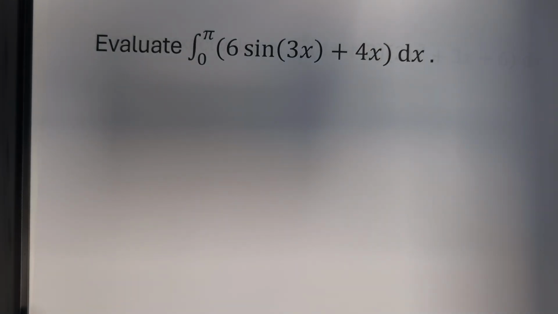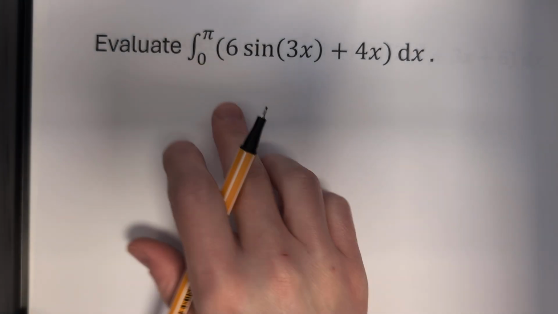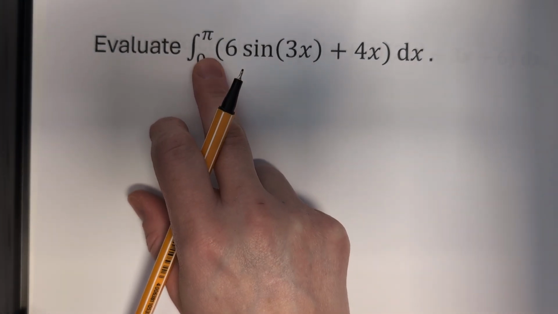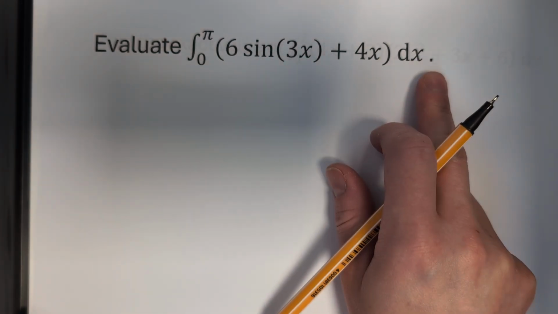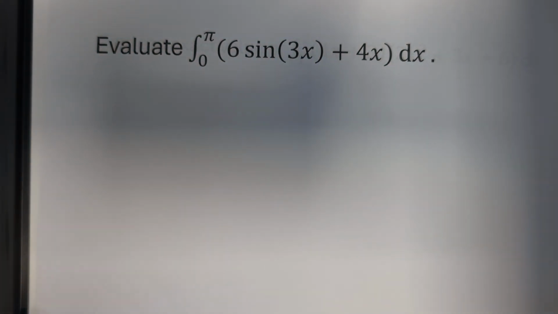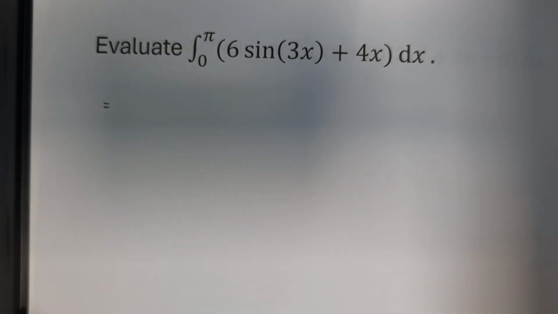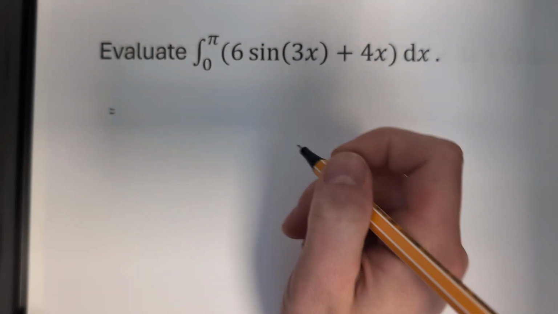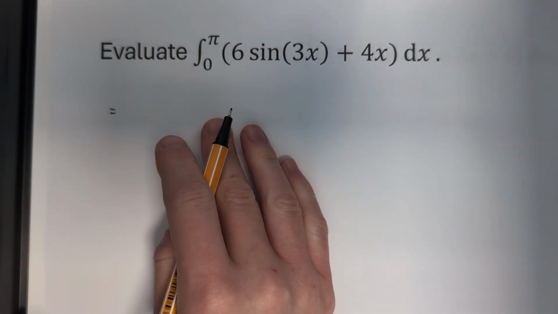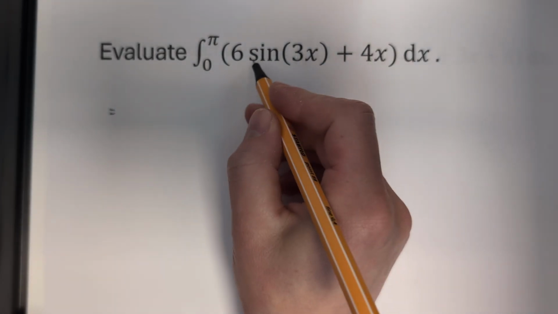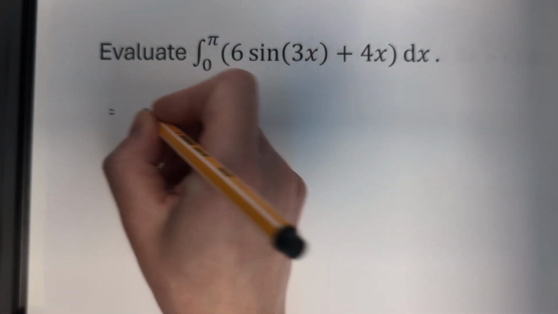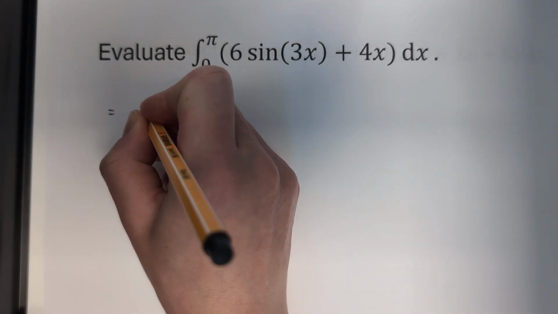So here's an example where you have a definite integral from 0 to pi, and you want to find the area under this curve, or it is slightly different from that, but that's fine for now. You need to find the antiderivative first, so we're still going to do that. I'm going to show the notation as we go through. The antiderivative is, remember, negative 6